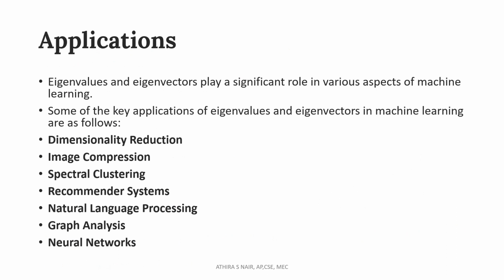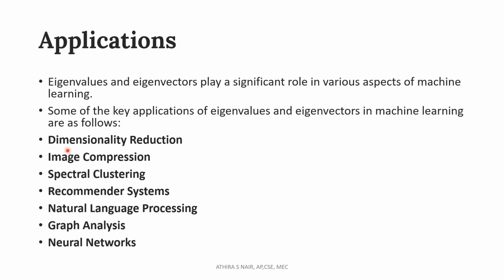Now we will see the applications of eigenvalues and eigenvectors. Eigenvalues and eigenvectors play a significant role in various aspects of machine learning. Some of the key applications of eigenvalues and eigenvectors in machine learning are: the first one is dimensionality reduction. One of the most common applications in machine learning is in dimensionality reduction techniques like principal